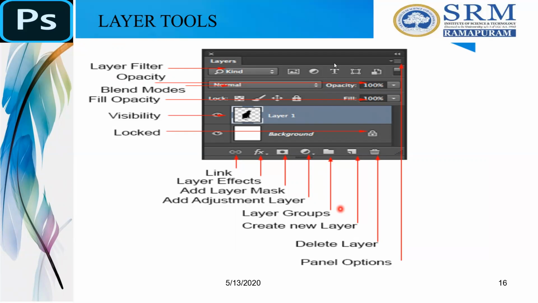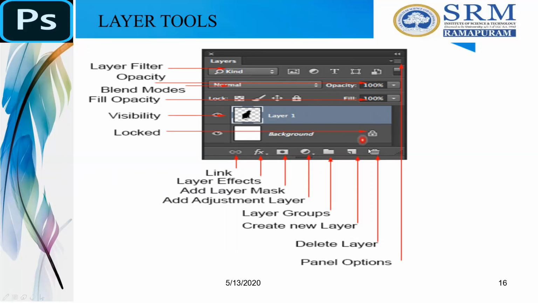So you can see the layer panel here. Okay. What you have to know in this is this opacity. The opacity is nothing but your watermarking. When you decrease the opacity, you can see a watermarking-like effect. And then this is the visibility. You can see an eye-like representation, that is visibility. If you remove the visibility, then this layer will be hidden, which means this layer is not visible.